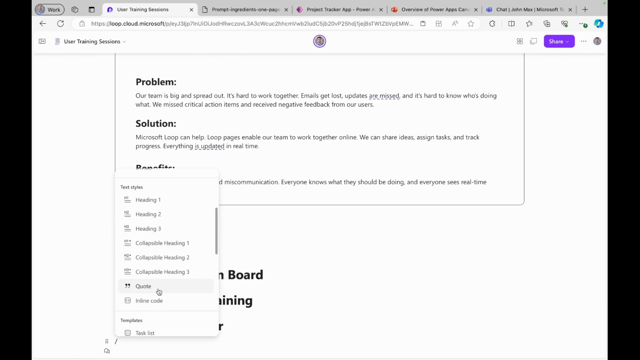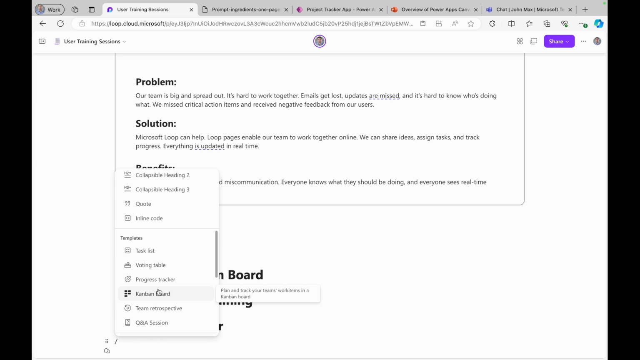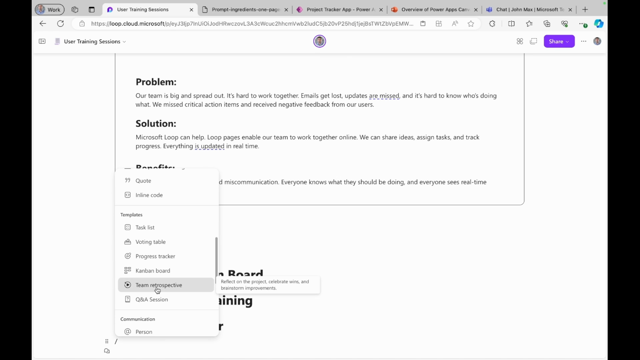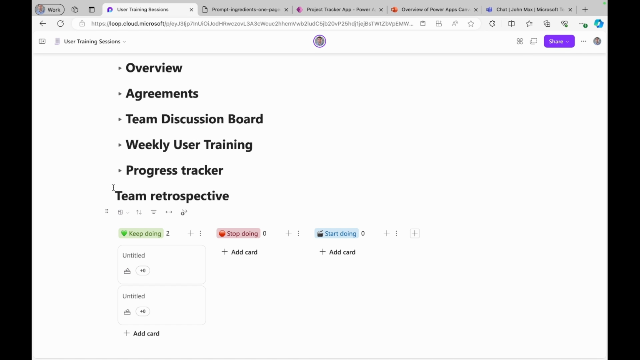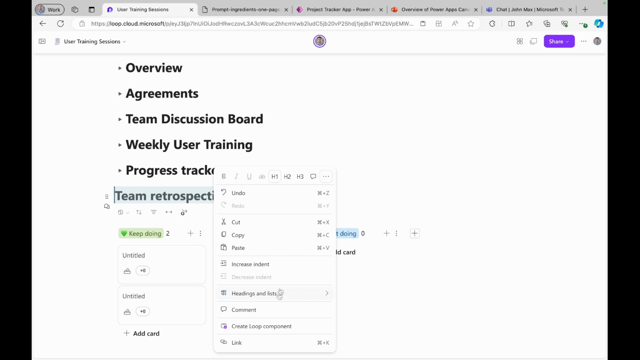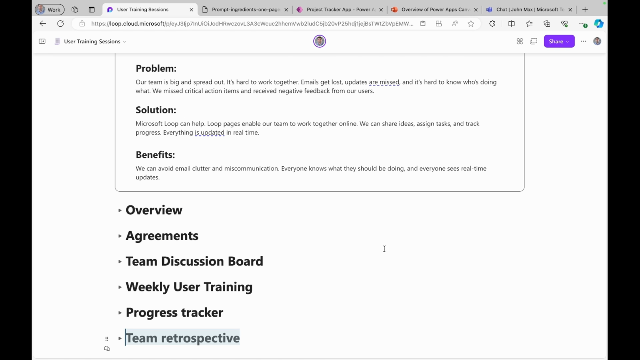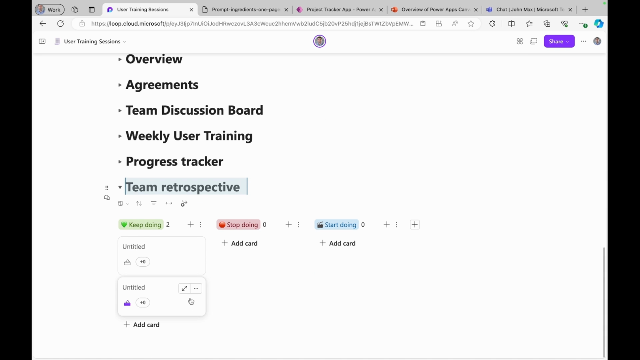Insert. There is a built-in loop component called team retrospective here. And this is a really great way of receiving feedback and reflecting on it. So I will make this also collapsible. So let's say after each user's training session, you can say that